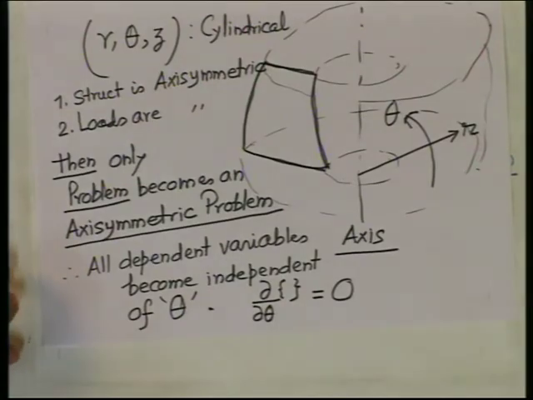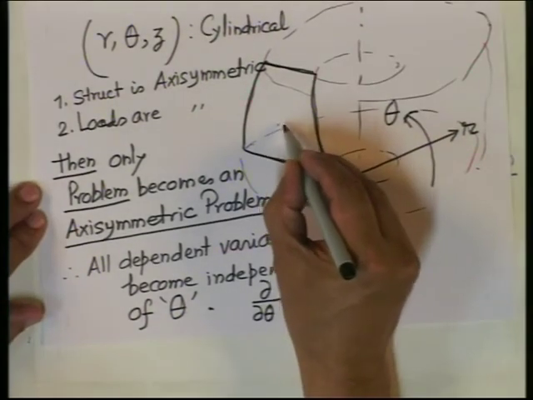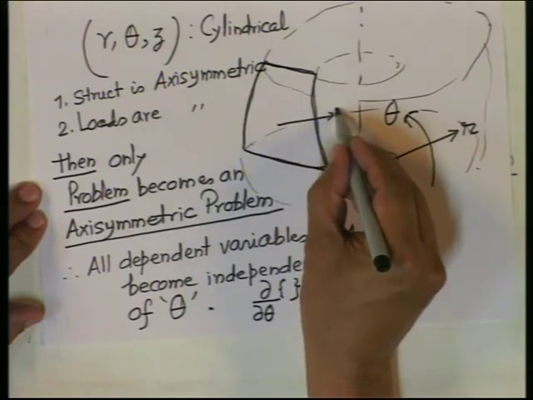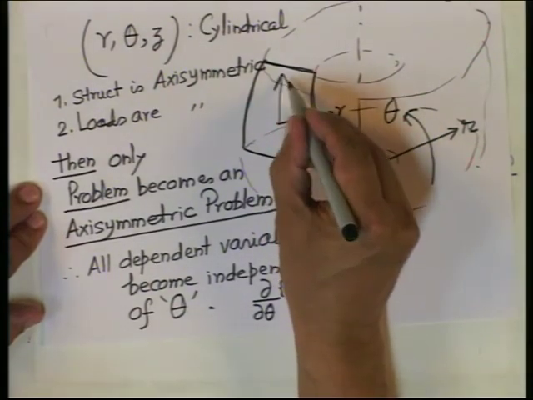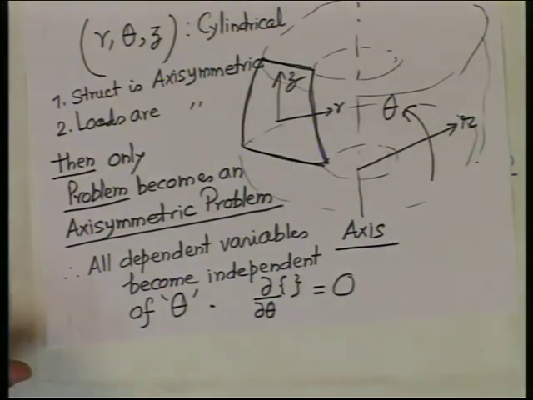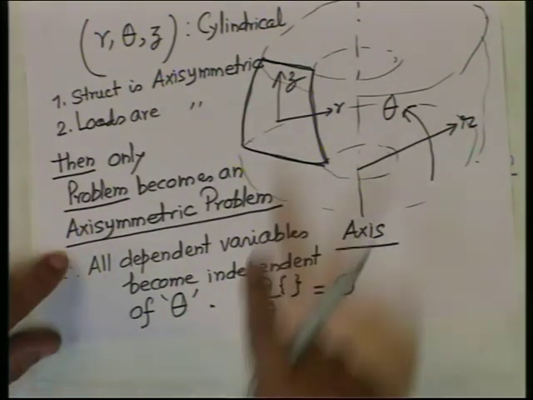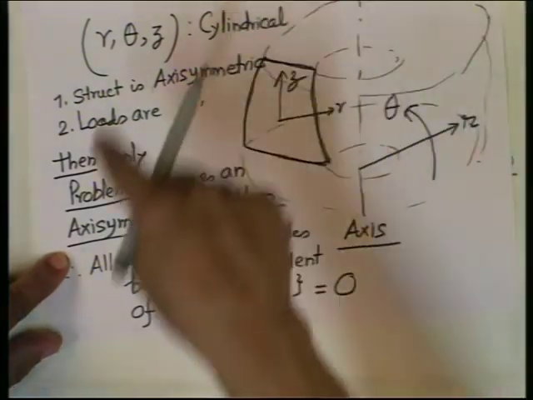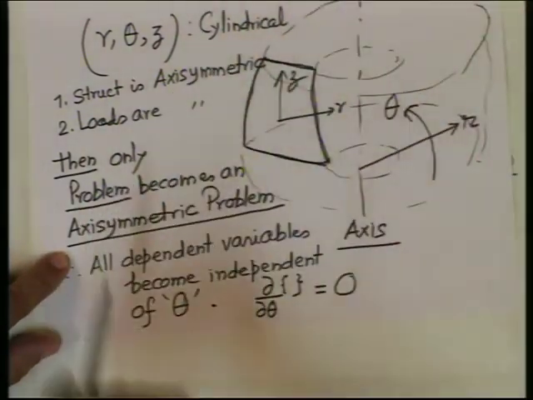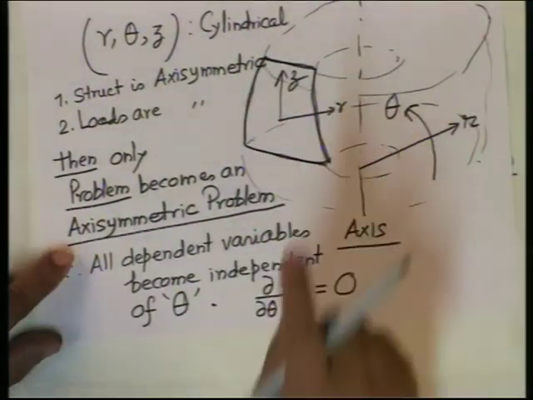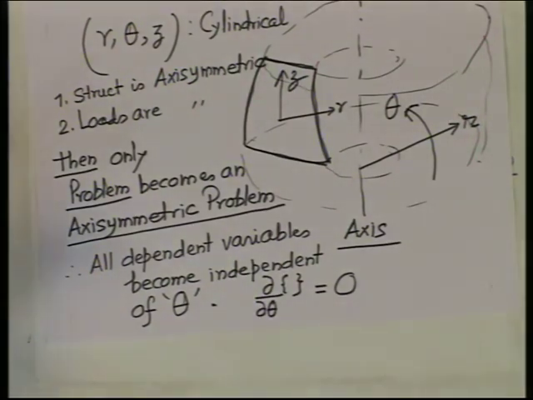You do not have to analyze the complete solid, there is no point. And this one is lying only in which coordinate? This will be lying not in only r and z, because one will be r and the other one will be z. The theta is perpendicular to this, theta is moving, rotating, a circle. So, r and z. So, the problem becomes you have to solve only with respect to r and z.